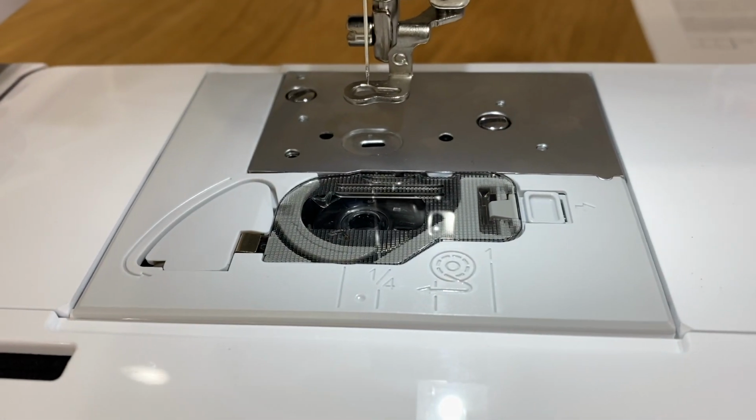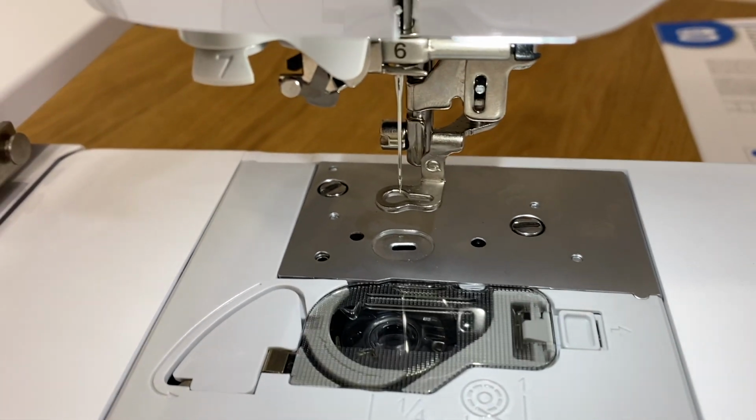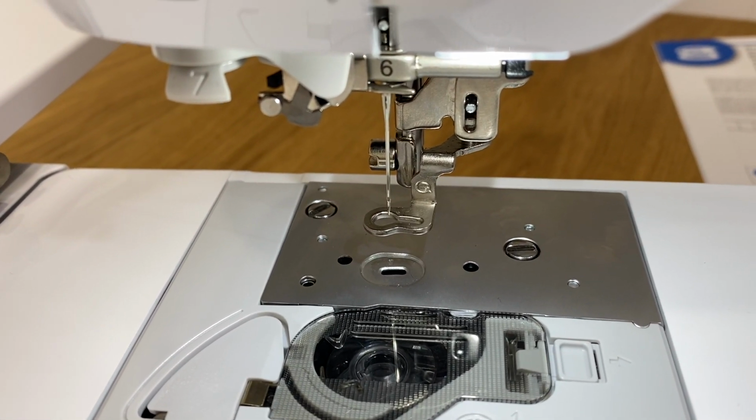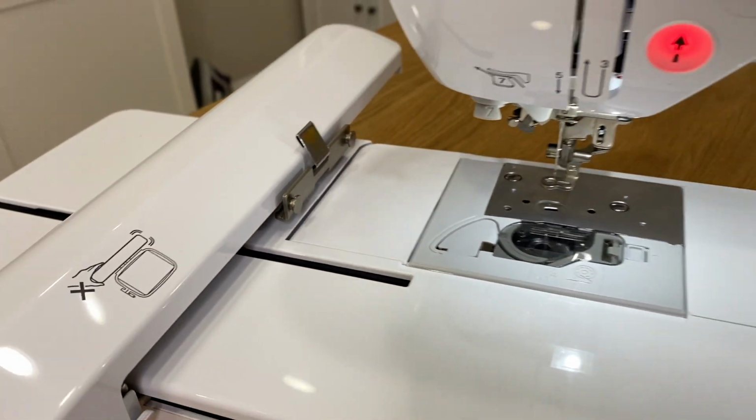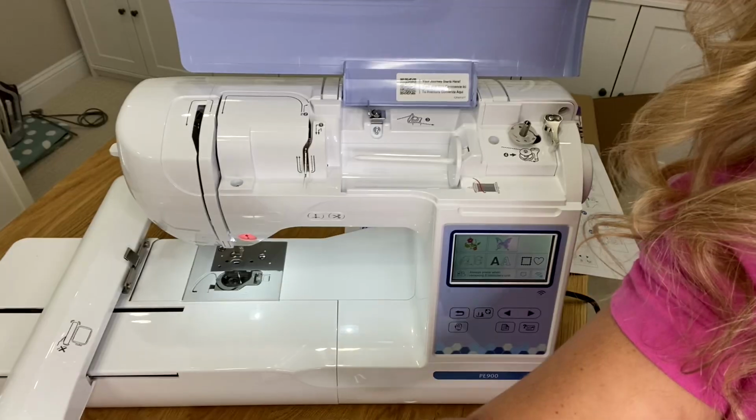There is where you're going to put the bobbin. And there's your presser foot, or whatever that thing's called. I'm super excited. There's that. So